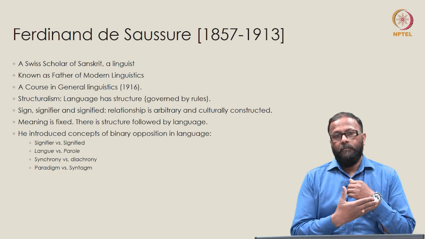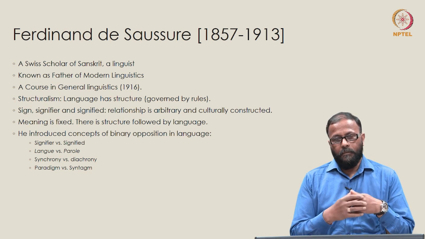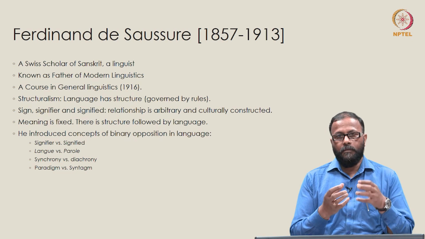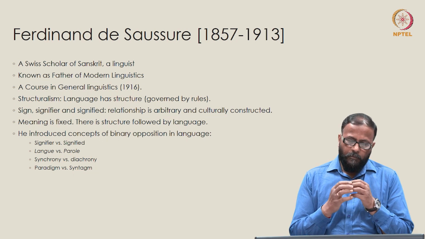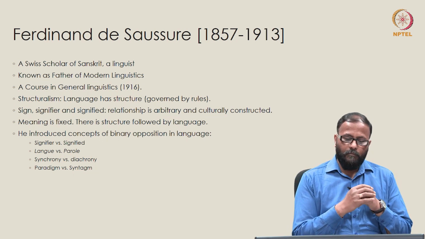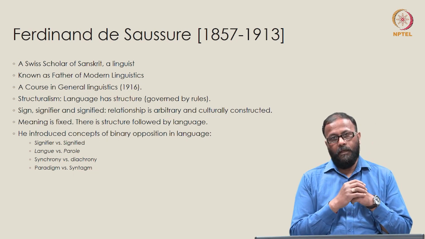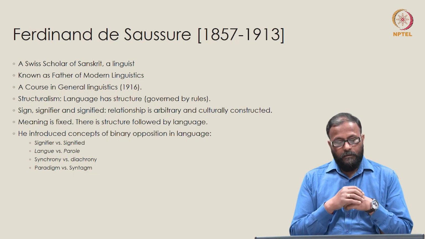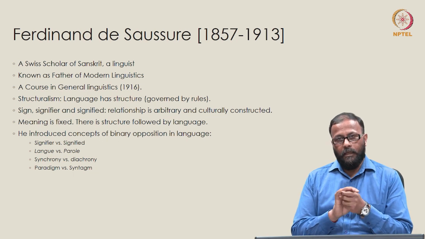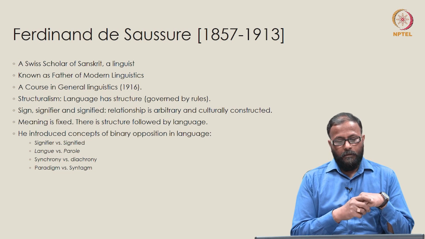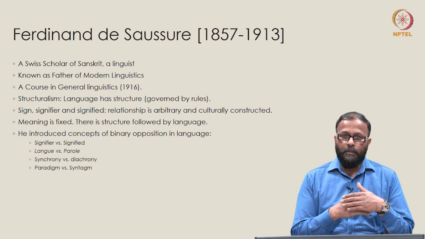And when you name, then the same mental image is triggered in the speaker's mind as well as the listener's mind. This relationship is arbitrary, signifier and signified. He said meaning is fixed and there is a structure followed by language. He introduced concepts of binary oppositions in language like signifier and signified, langue and parole, synchrony and diachrony, paradigm and syntagm. So, we will talk about all this in future videos, but